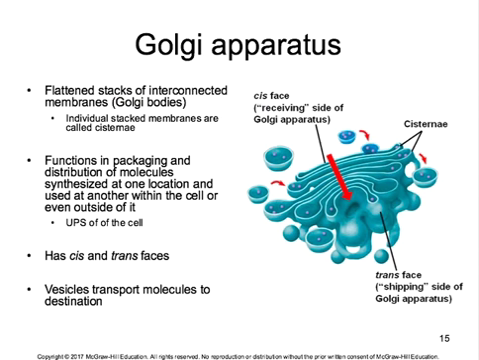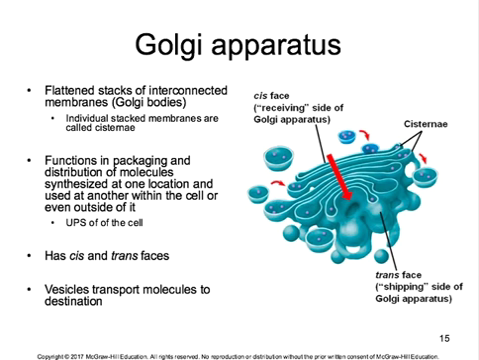The next part of the endomembrane system, another organelle, is the Golgi apparatus. Now these are flattened stacks of interconnected membranes that we call Golgi bodies. And their individual stacked membranes are called cisternae. So this would be like one cisternae, but then once they combine together, they are called the Golgi apparatus. And the Golgi apparatus functions in packaging and distribution of molecules synthesized at one location and used at another within the cell or even outside of it. And I like to think of the Golgi apparatus kind of like as the UPS. So they will make sure that the protein or carbohydrate gets its finishing touches, and then it will send it